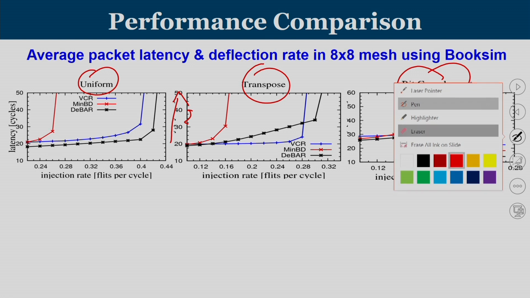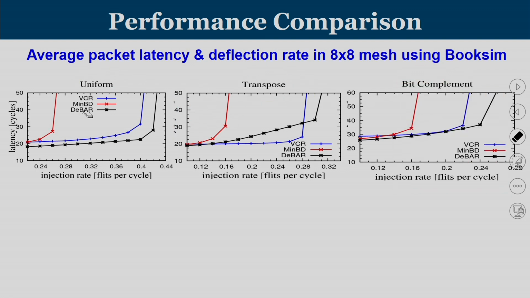Now, a little bit of the result analysis that has been given here. It is a comparison between different techniques. Take this first graph on the left side, this red color is called MinBD. So, as the load increases, the latency of packets using MinBD is on an increasing trend. So, latency increases to a high value somewhere around this point. And the blue one is a normal input buffered router. Even if you increase the load, the latency is still low, and it goes to high latency roughly around this stage. And the black one is the D-bar router.